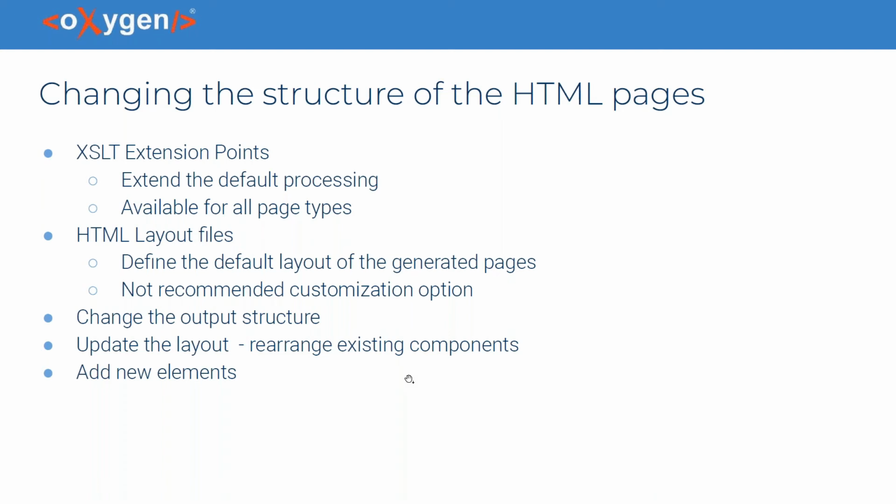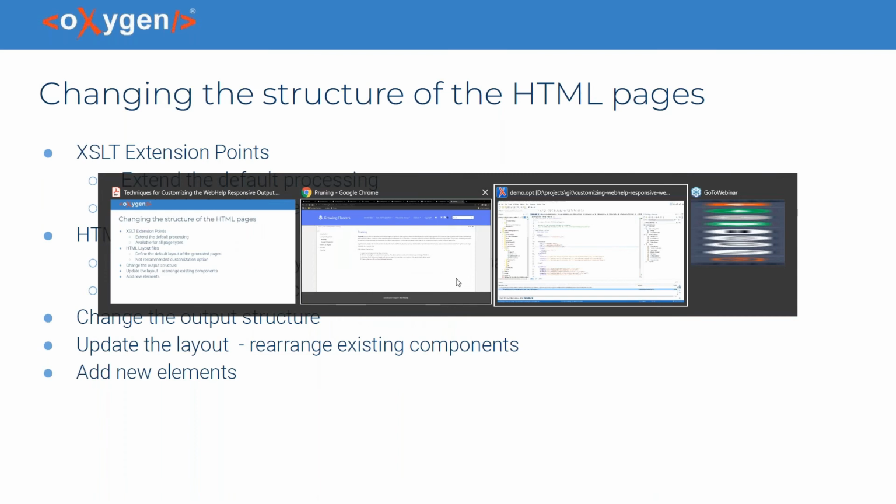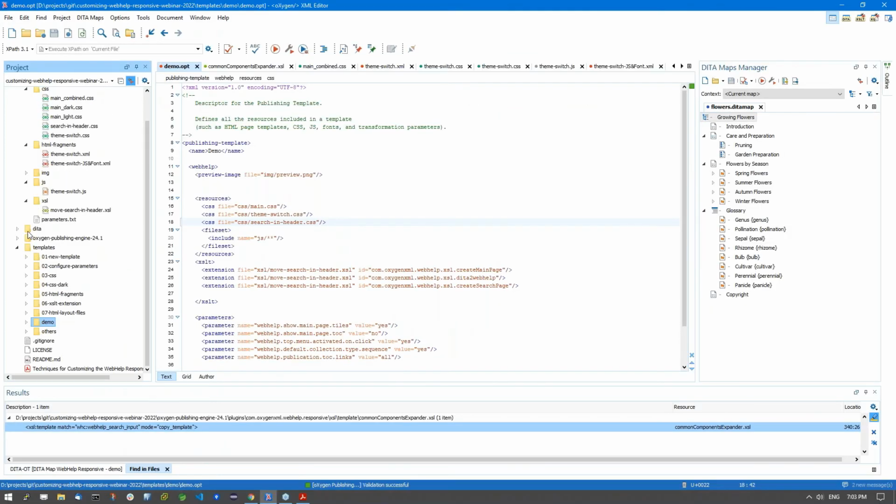First of all, the easiest way to obtain a copy of the default HTML page layout files in a new publishing template is to export an existing template. You can also copy those files manually in your templates directory and reference them in the templates descriptor file. So I will export one of my templates as a new copy, and